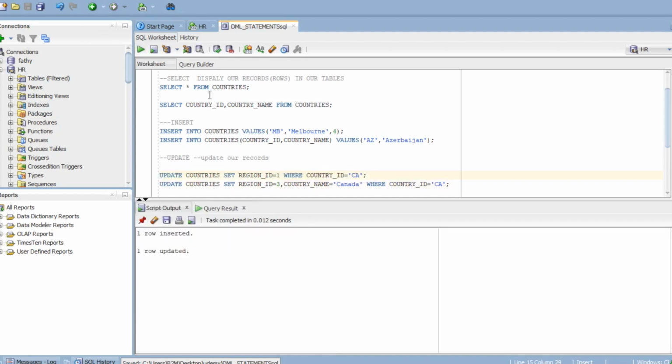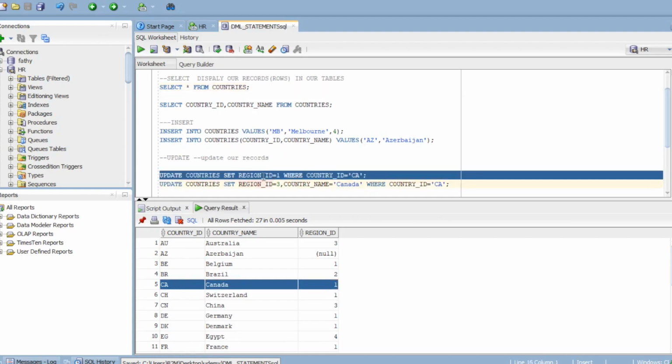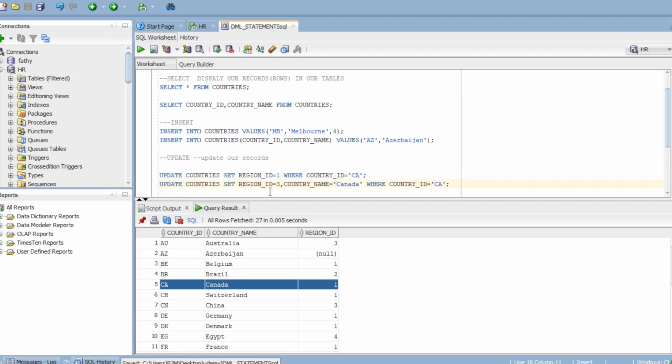1 row updated. Now see here, when I see this table for Canada, you already know previously what? Region ID 3 was there and now 1 is there. Okay. So this is one type of update statement. And the next type of update statement is, suppose here I am just updating only one column, right? But in such a case you need to update the values for more than one column, means you can just put a comma here and keep on setting the respective column name and give that value